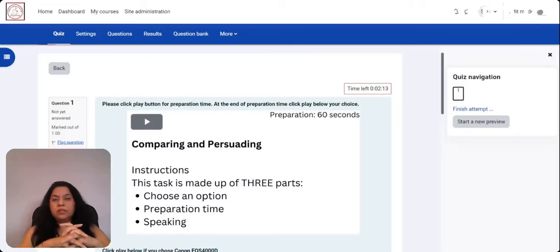Okay, now let's understand the fifth question of self speaking, which is called comparing and persuading. It's divided into three parts, and there are a couple of things which you need to remember. The first part would ask you to choose an option. So you will be given two things or two pictures and some material around that, and you have to choose